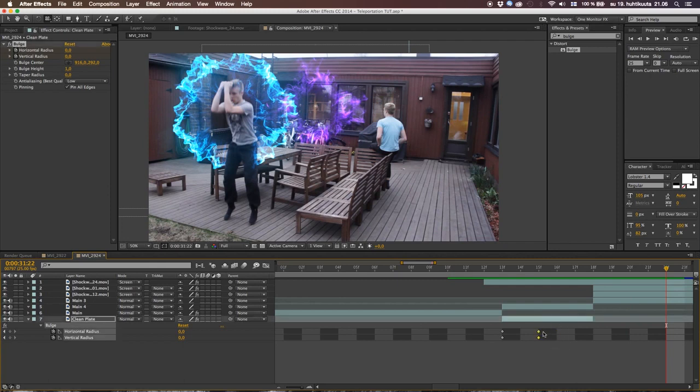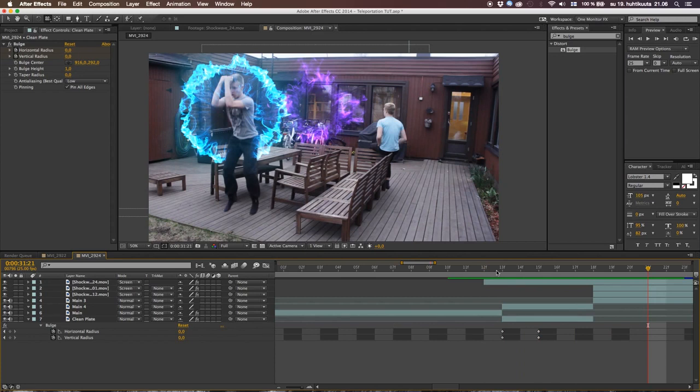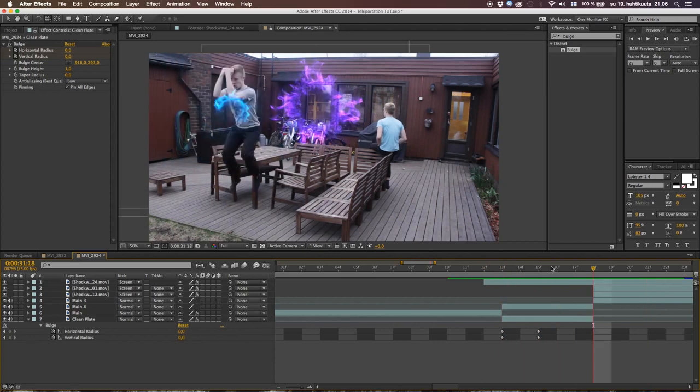No, I think shorter is better like this. Okay, that looks pretty cool. Okay, so now when that's done, we could go ahead